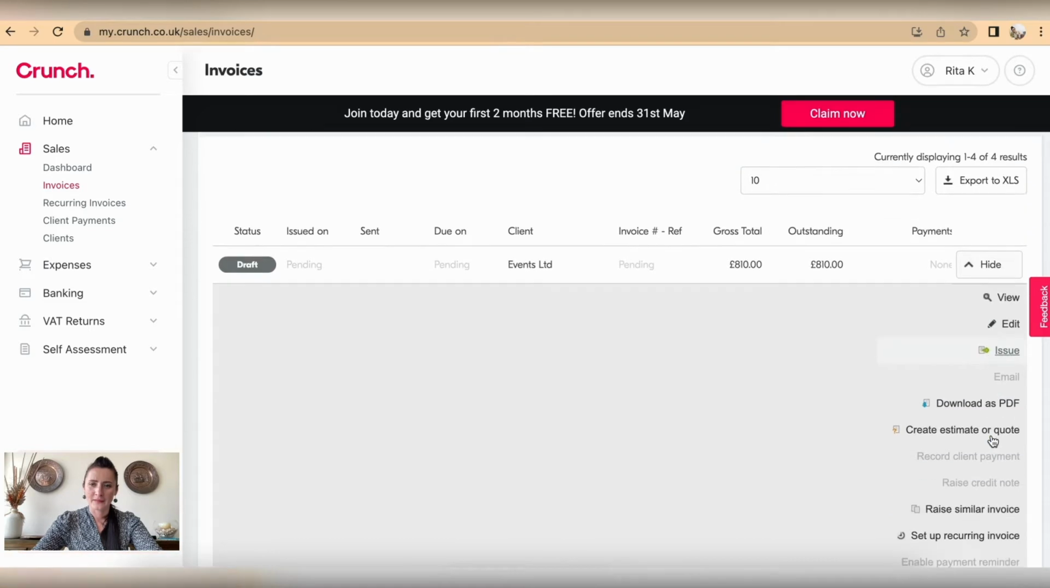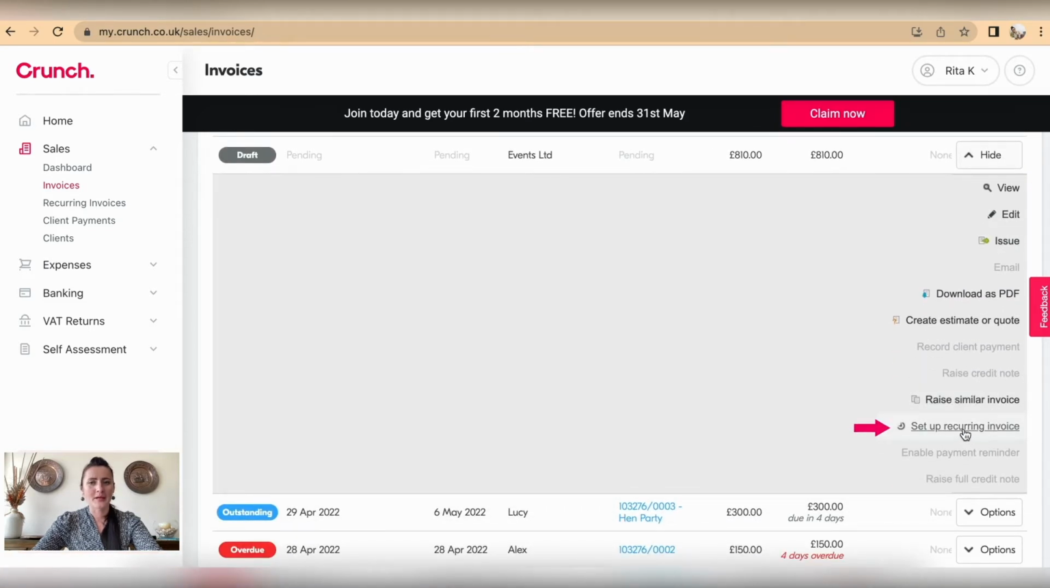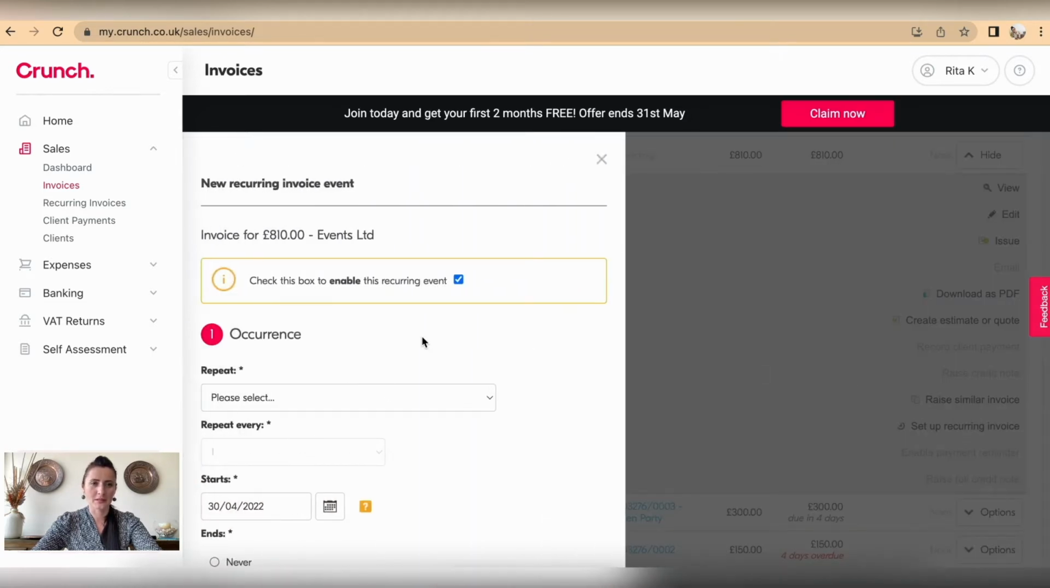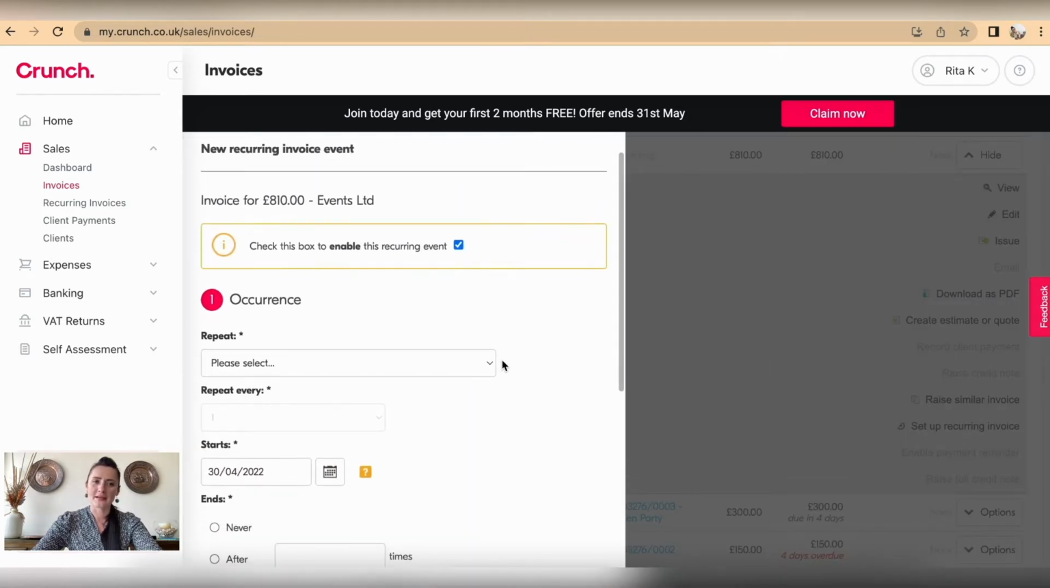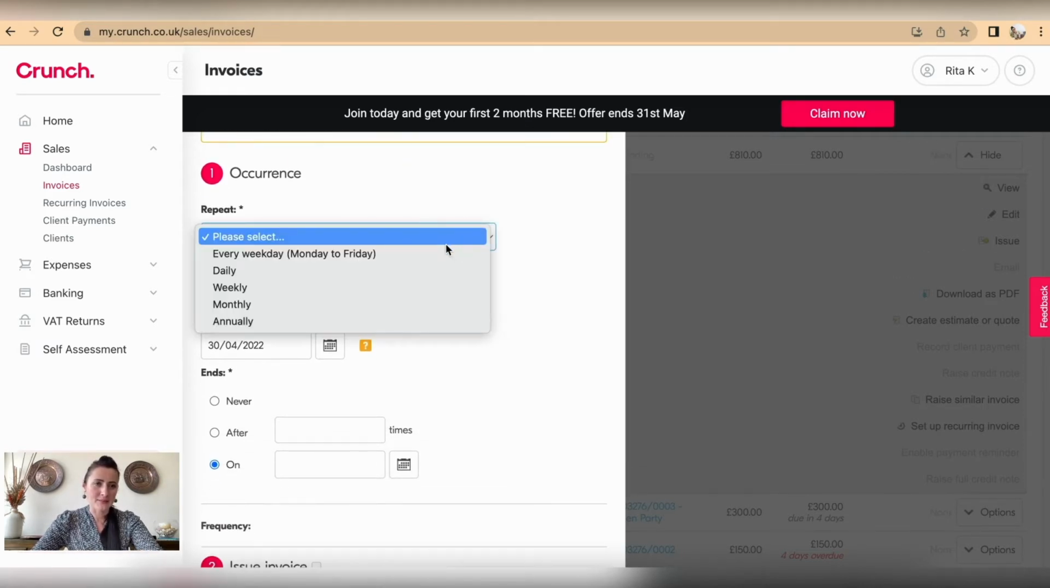Options, set up a recurring invoice. So on the right hand side, when you click under options, there is set up recurring invoice, and now we will select details or options to allow this invoice to recur every week in my case. Okay, so repeat every weekly,